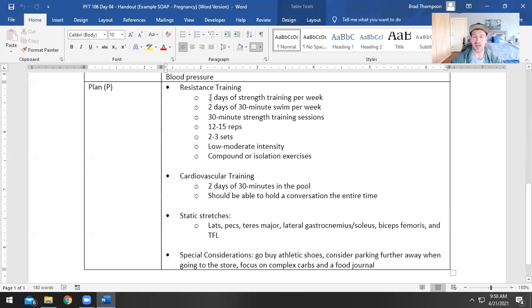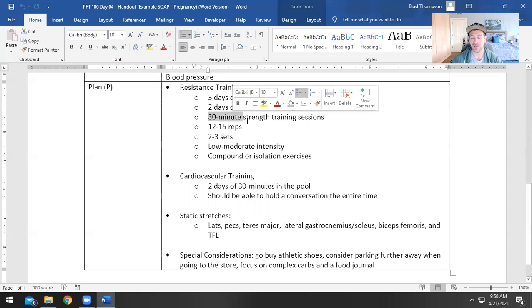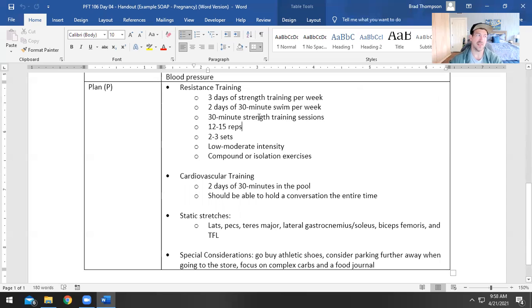Resistance training, 3 days a week for strength training, 2 days a week of going for a 30-minute swim. So we are getting active 5 days per week, ideally. We're going to break those strength training sessions down into 30 minutes. That 30-minute session, and then 2 days of 30 minutes of swimming, that's going to be an activity of about 150 minutes per week. That will probably result in maybe 1,000, maybe up to 1,500 calories burned per week, which is